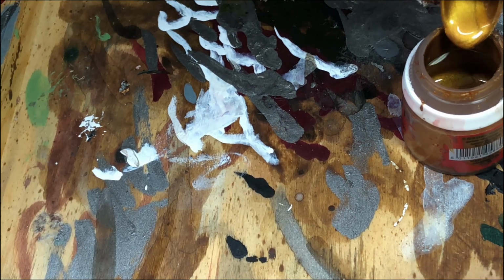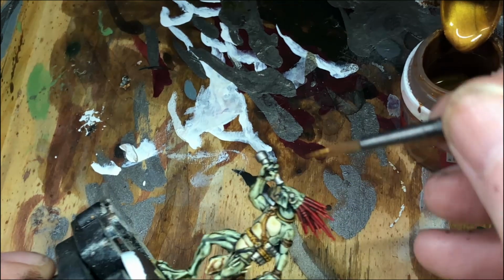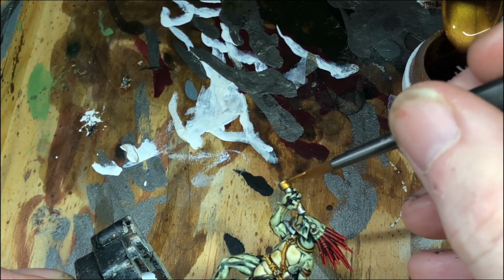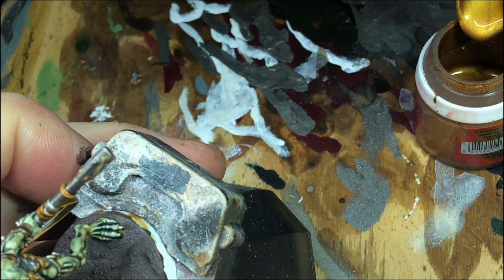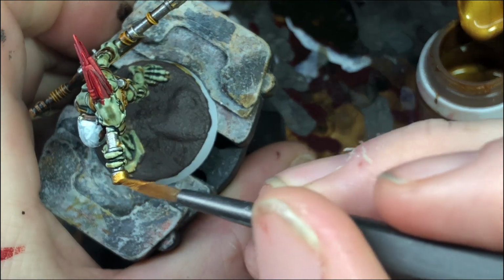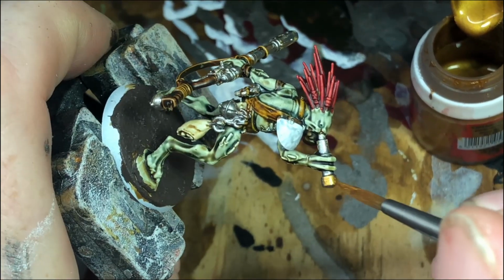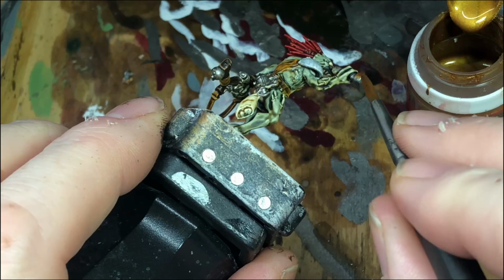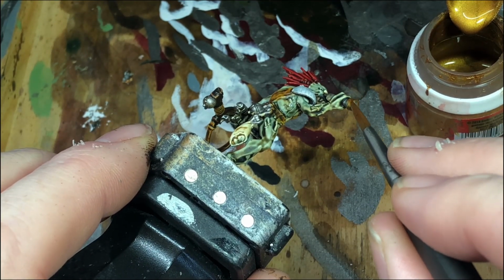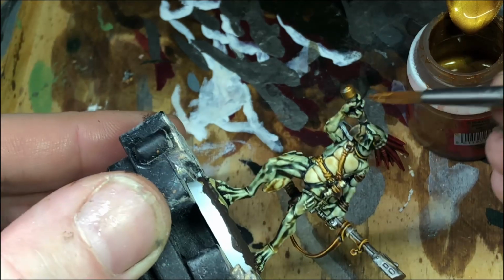And what we'll do here is just try to add a bit of definition, just around certain parts, so we haven't got a solid metal colour going through. We've got two shades of metal, effectively gold and silver. I was saying silver, it's Leadbelcher. I've used just the Retributor Armour